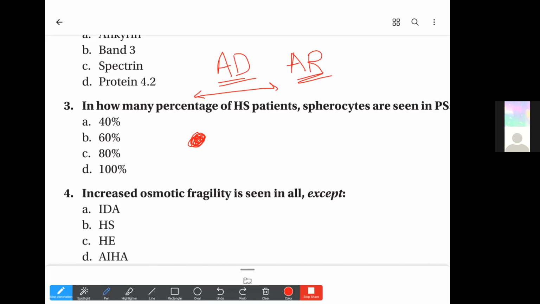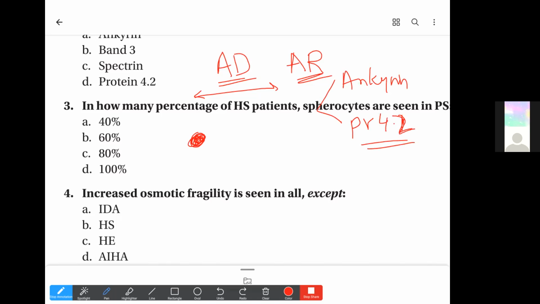And it is more common in the northern European population, and less in African Americans and Southeast Asians. But there is one, the Japanese form, in which case protein 4.2 is affected. We know that protein 4.1 was the one affected in hereditary elliptocytosis. So in this case, there could be a defect not only in ankyrin, or in some cases even in spectrin, but also in protein 4.2. 4.1 is the one associated with hereditary elliptocytosis. 4.2 is the one associated with the Japanese variant.